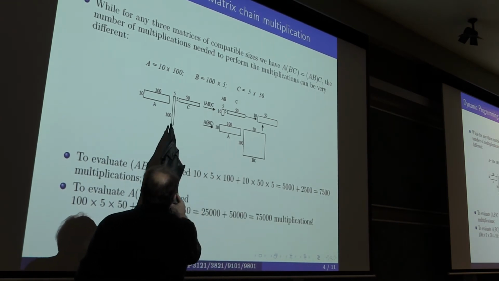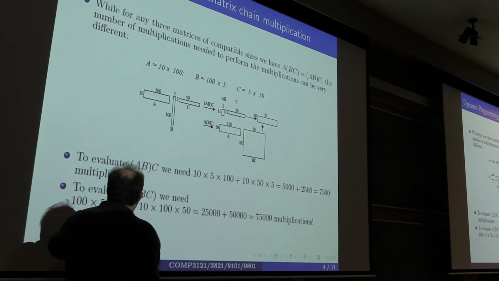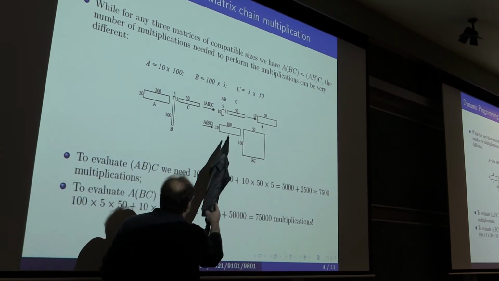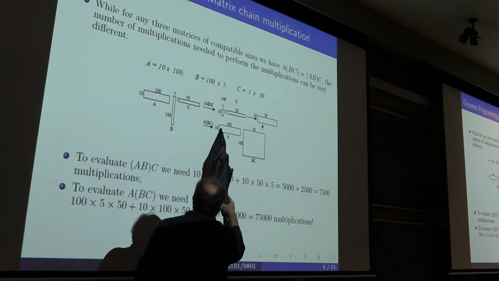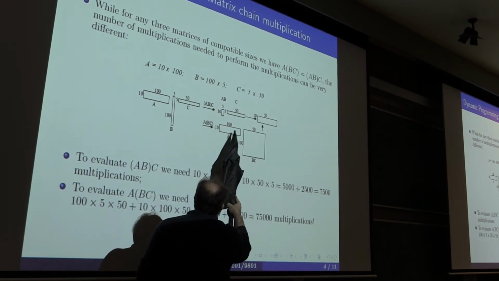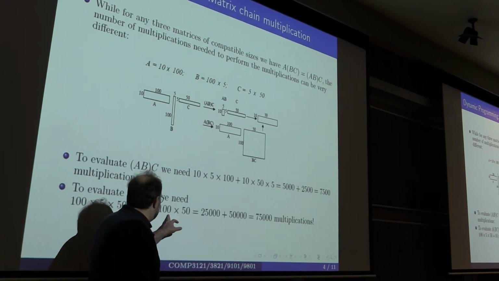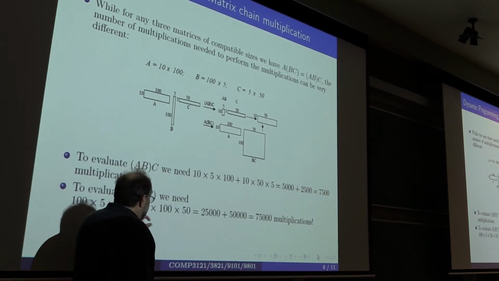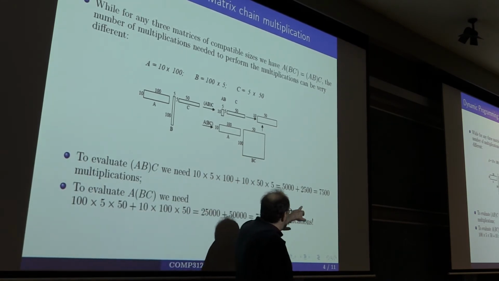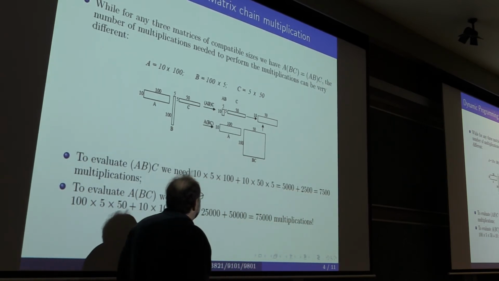So it will be 5 times and then 100 times 50. And for the final step, when you multiply these two, what is the dimension? 10 times 50 and 10 times 100, so 10 times 50 times 100. And this is 25,000 plus 50,000, which is 10 times as many multiplications